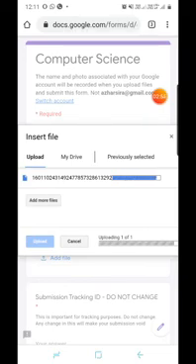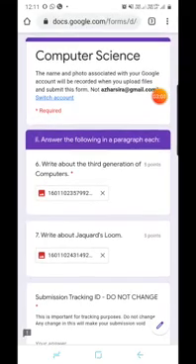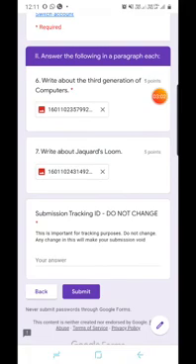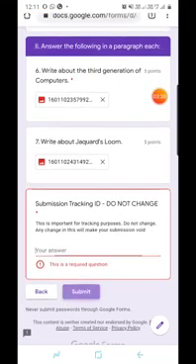After attending every question, it means all questions. See here, every question has a red star mark. Star mark means these questions are compulsory. If you leave any of these questions without attending, then you will not get the submit option. So you have to attend every question, and only after that you will get the submit option. When you get the submit option, finally you select the submit button,